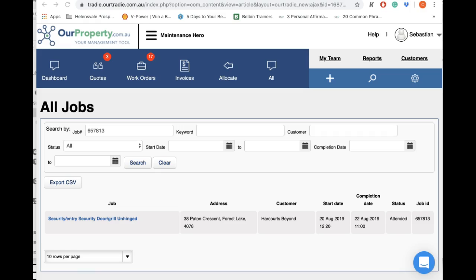Just would like to explain a little bit about what we're gonna do from the start. I would like you to get to know three key points that we have to use for the Maintenance Hero business. We have a system called Our Property. That's our client system, and Our Property has what they call Our Trade, which is a system linked with